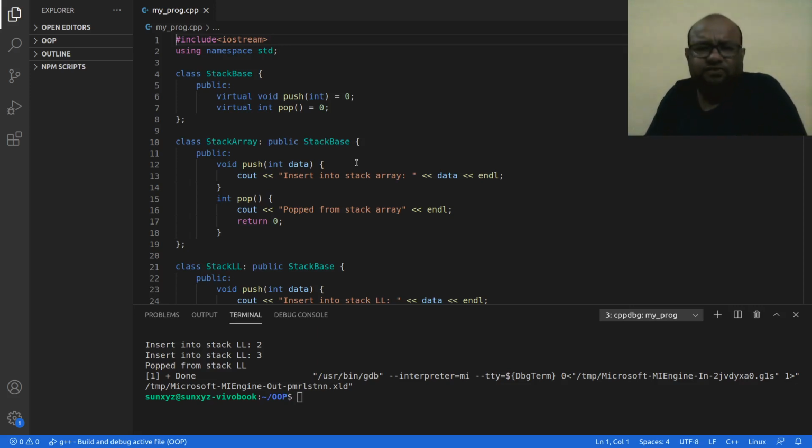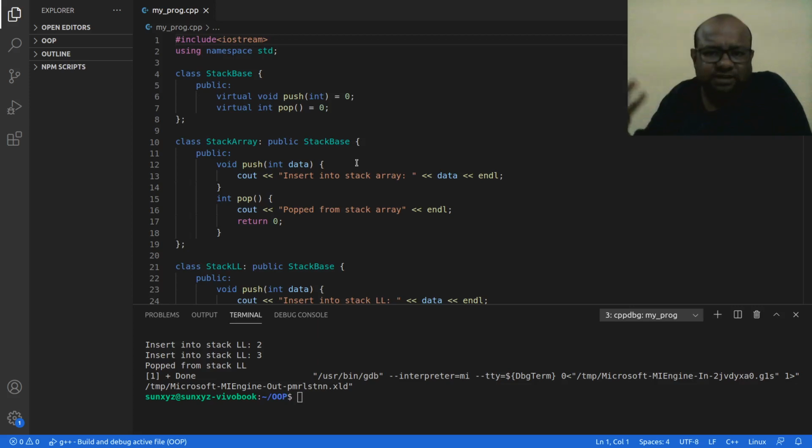So yeah, this is a very simple demonstration of abstract class, pure virtual function, okay? And previously we talked about virtual function and pure virtual function. The difference is that if instead of pure virtual function I had a virtual function, that would mean that the implementation is there in my parent class as well, okay? So the parent class would not be an abstract class, there would be implementation, it would be a virtual function. I can create an object out of that, okay? That would also be a concrete class. My child class is also going to be a concrete class.